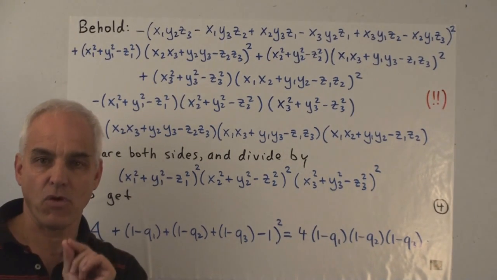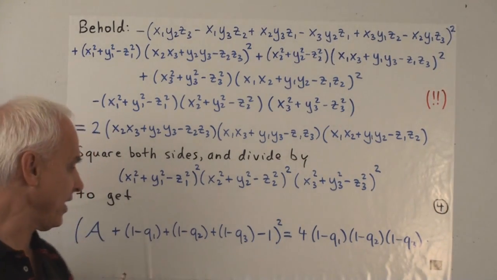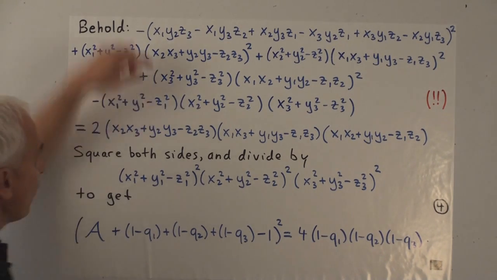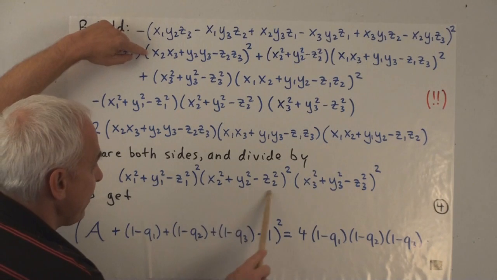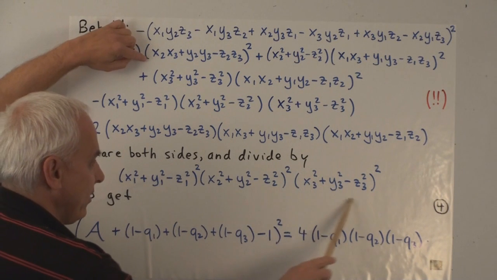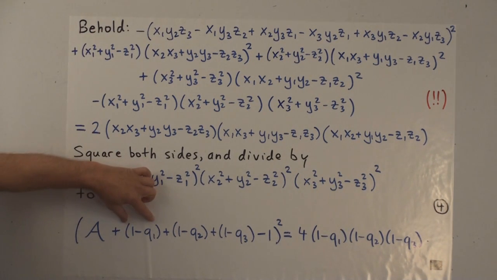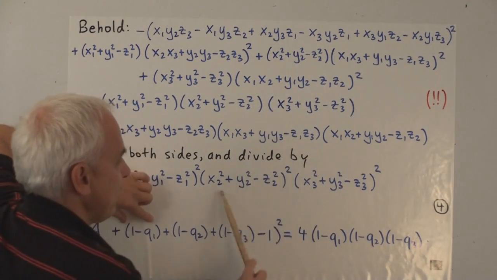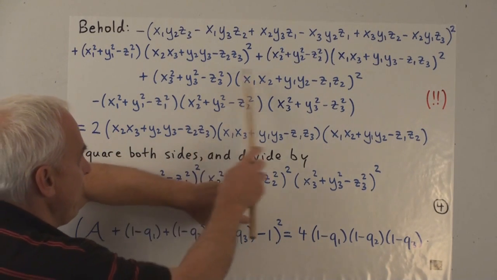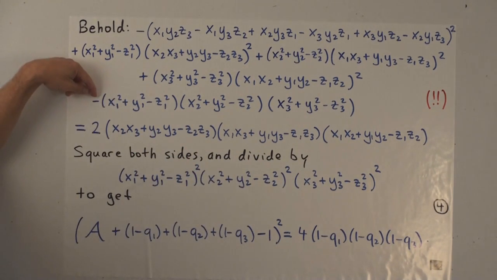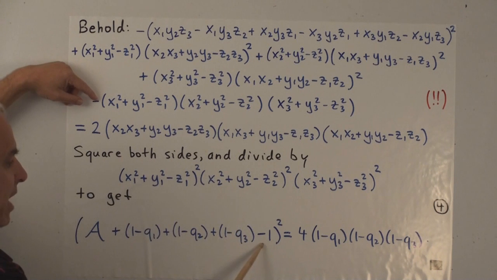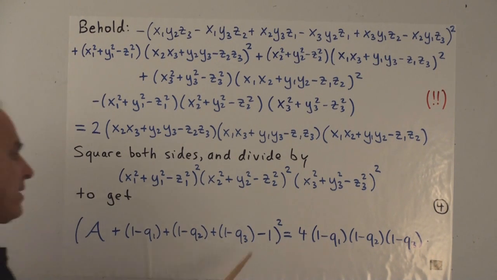And that's exactly the formula for 1 minus the corresponding quadrance. It's exactly 1 minus q1. So if you write down what q1 is, it's 1 minus this thing squared divided by this times this. So this thing squared divided by this times this is exactly 1 minus q1. And similarly, when you take this thing here and you divide it by that, you get 1 minus q2. And when you take this thing here and you divide it by it, you get 1 minus q3. And what about this? Well, this is exactly the same as what we're dividing by. So when we divide by it, we're just going to get minus 1. So it's all of that squared.